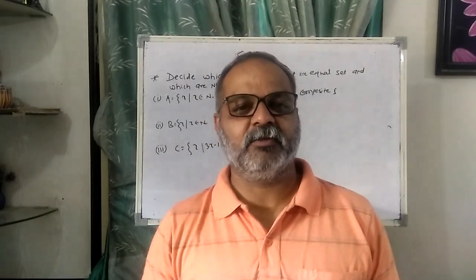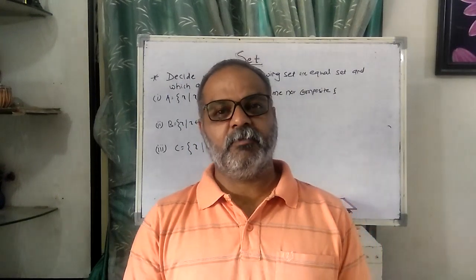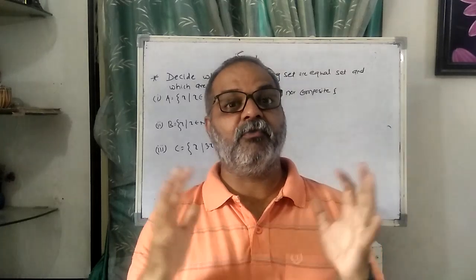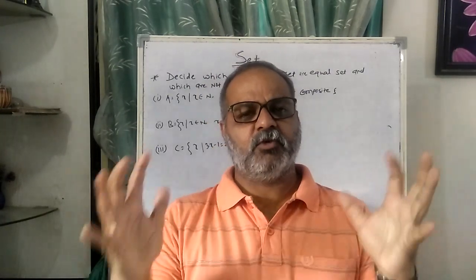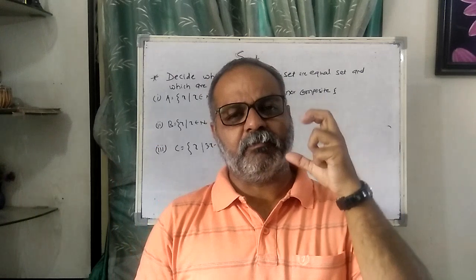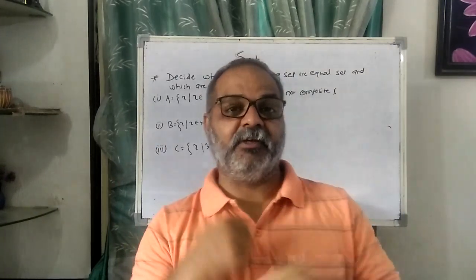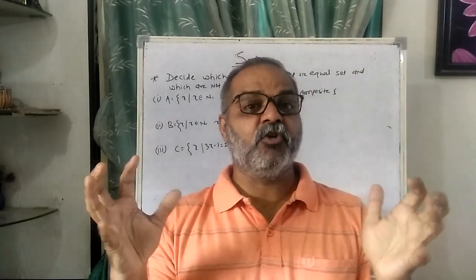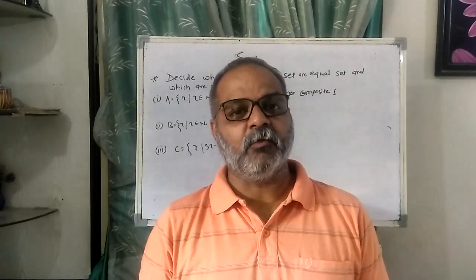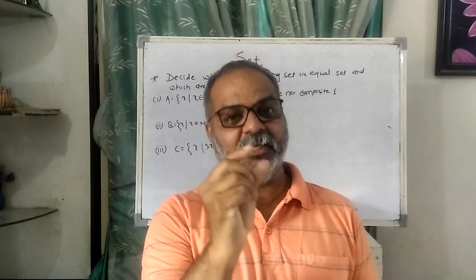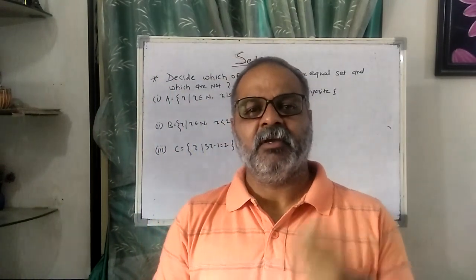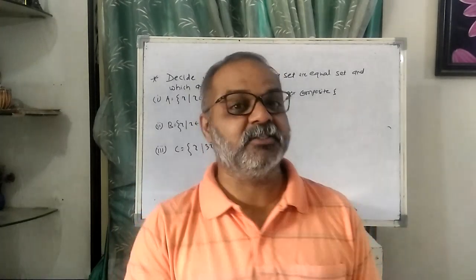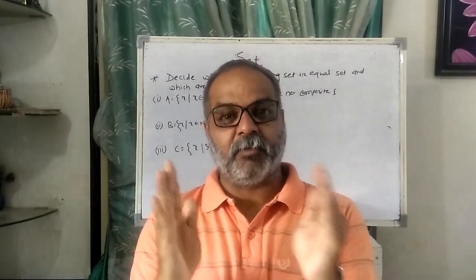In our last video on sets, we discussed the concept of a set. What is the meaning of a set? A set is a well-defined collection of objects. There are some common characteristics present in the set. We saw the example of a collection of keys: different types of keys, where the common thing is the key. Or in mathematics, we write the set 1, 2, 3, 4, 5. What is 1, 2, 3, 4, 5? These are natural numbers, so it is the collection of natural numbers up to 5.